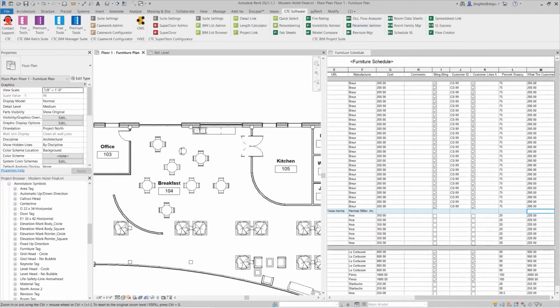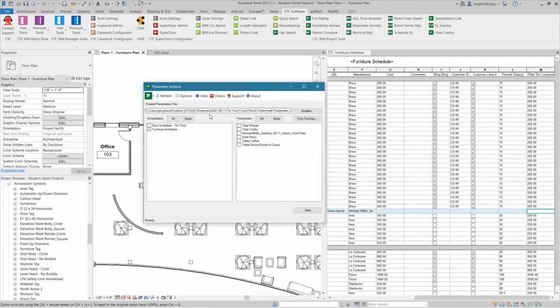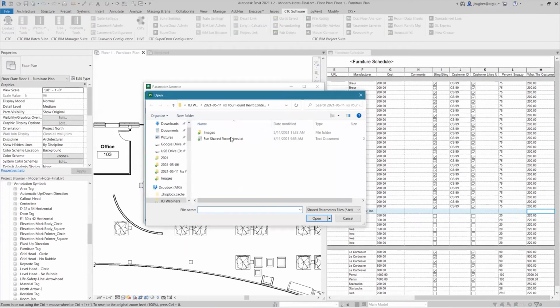Opened on another window. Here we go. So there's basically three things that I need to point to for Parameter Jammer to be able to work. I have already identified where the shared parameter TXT file is, but if I have not, then I need to